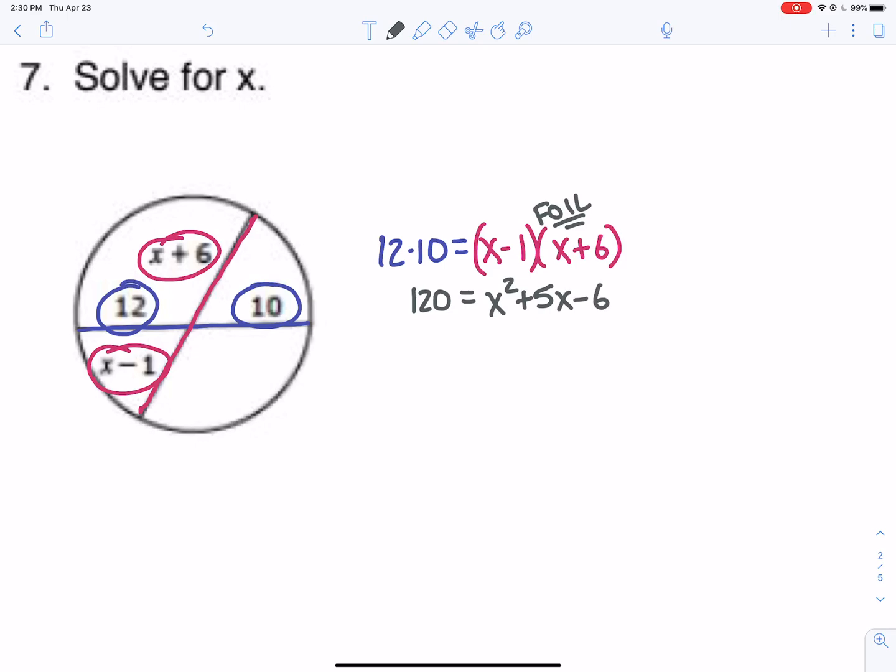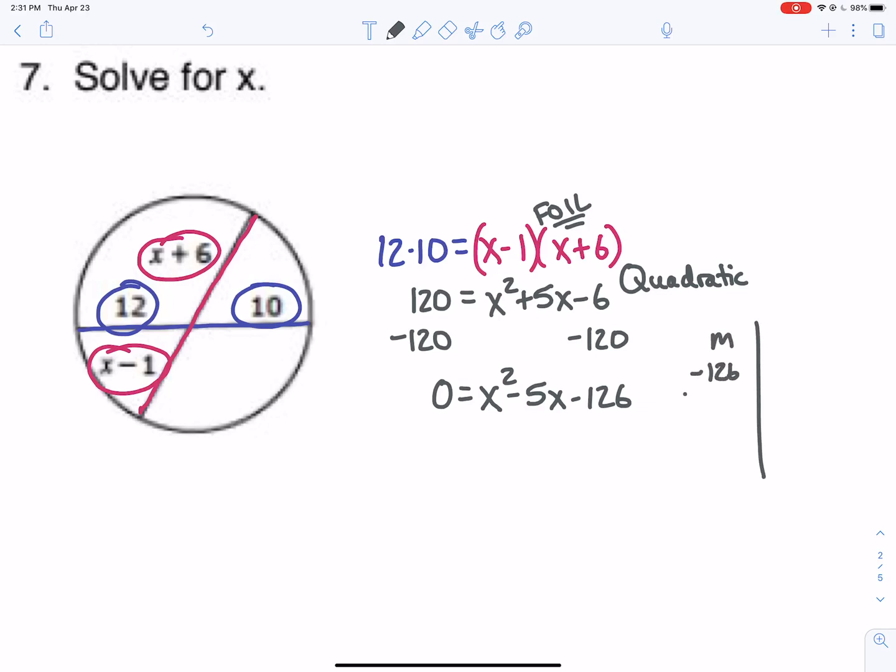But then this is a quadratic equation at that point, so you've got to treat it that way and get everything on one side and then use one of your methods of solving quadratic equations. So let's do x squared minus 5x minus 126. All right, and then I'm going to factor it because that's usually the quick, easy way to get it worked out, but there are other ways. So if you multiply to get negative 126 and you add to get negative 5,